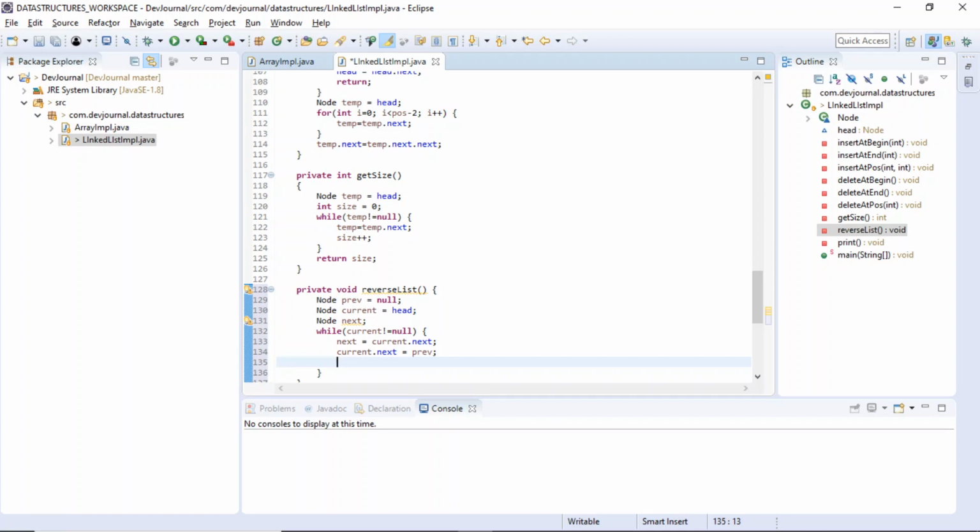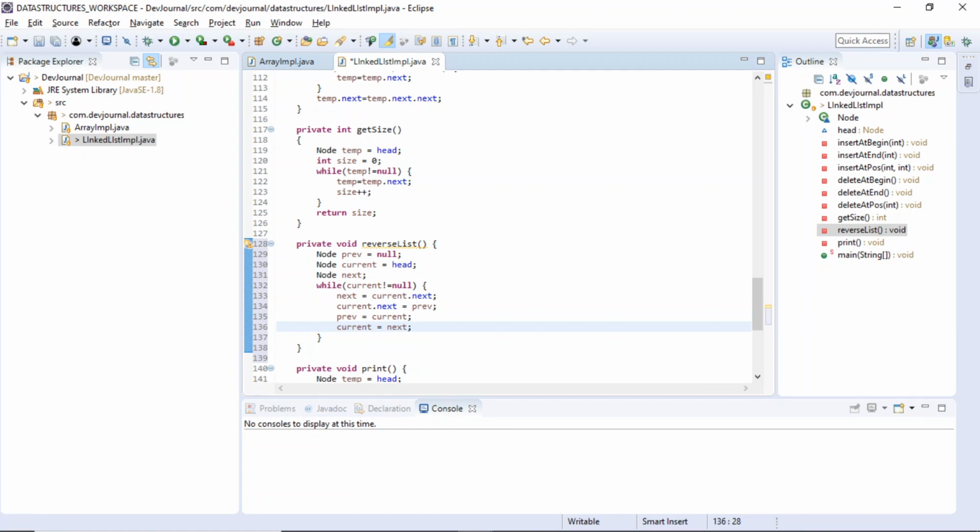Now moving ahead, now we need to increment our pointers. Now first element is done, so previous is not null anymore. Previous would be our current. We are incrementing previous by 1. Okay, the one which is a current is now going to become a previous, and the current will become current dot next, which we already assigned to next, right?